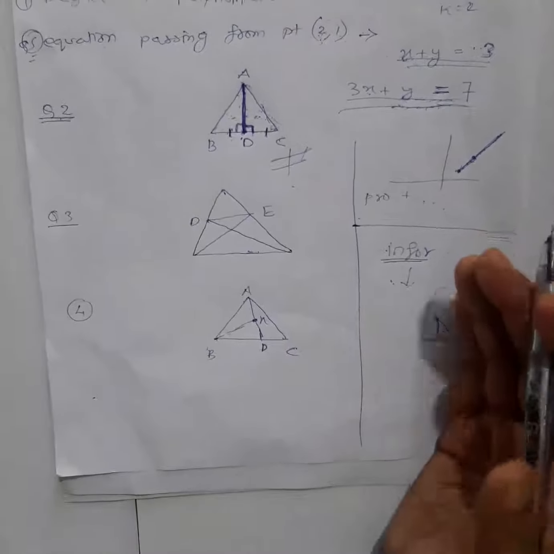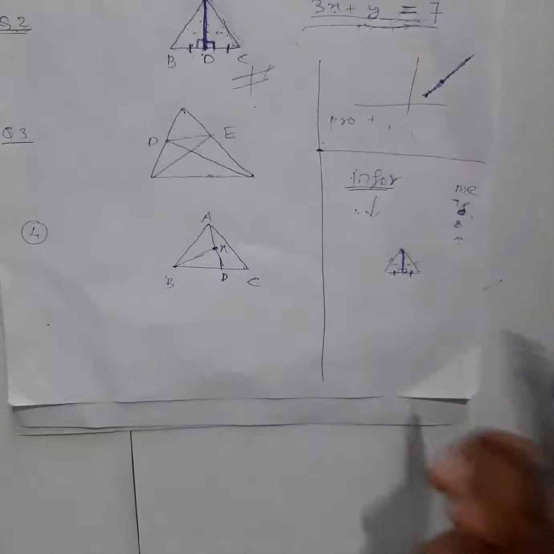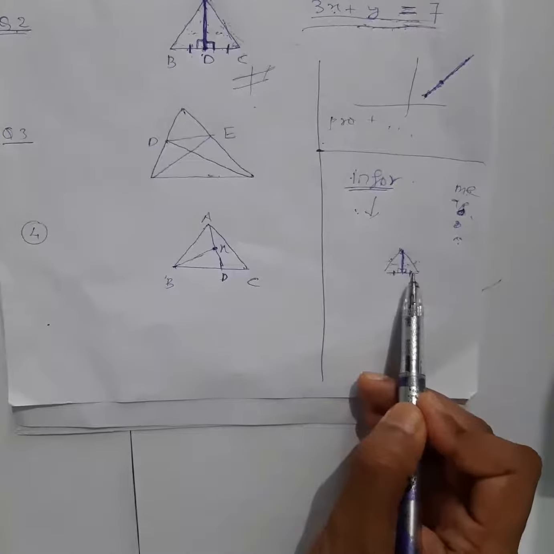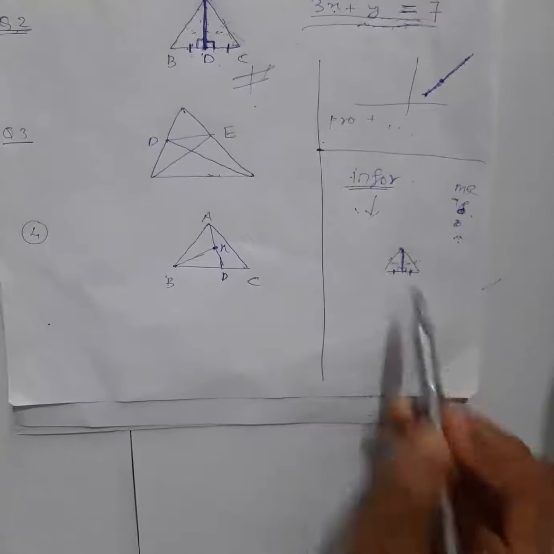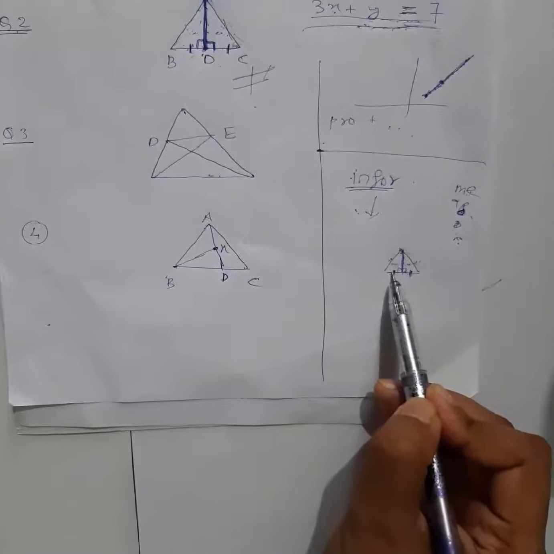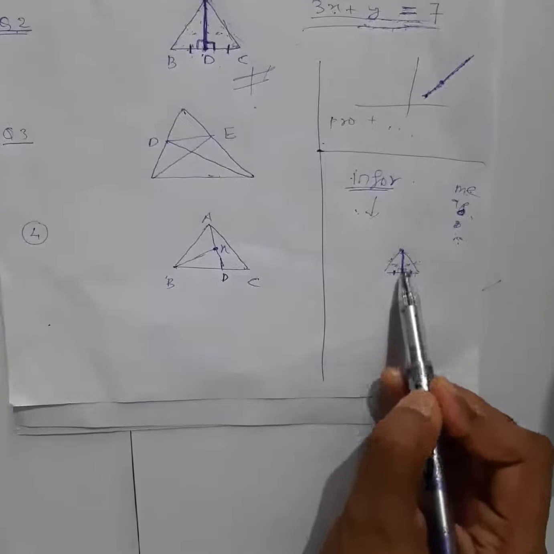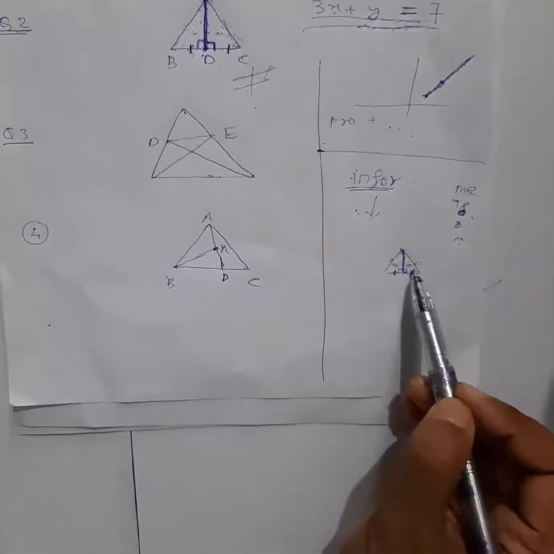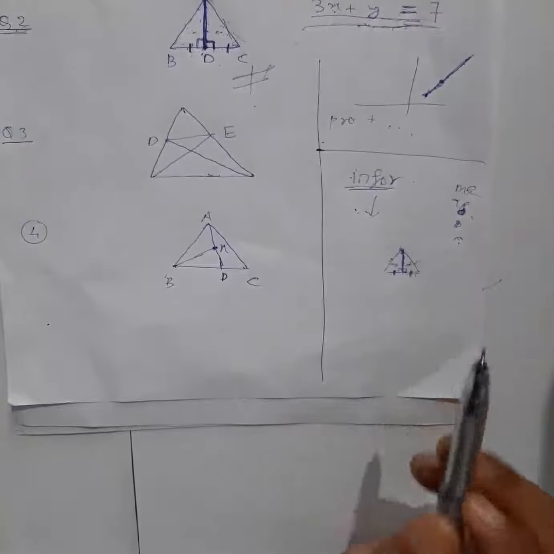Now for analysis, you need to practice. In the first attempt you cannot analyze these things. Like you cannot say how I can show that this triangle and this triangle are congruent, because I have practiced these things many times. The moment I see this angle, this side equal, I can easily figure out that I can show these two triangles are congruent. Why? Because I practiced many times. So this analysis you can do only by practicing more number of times.